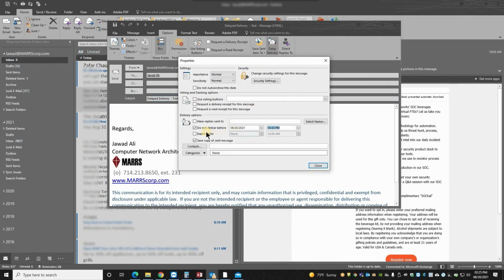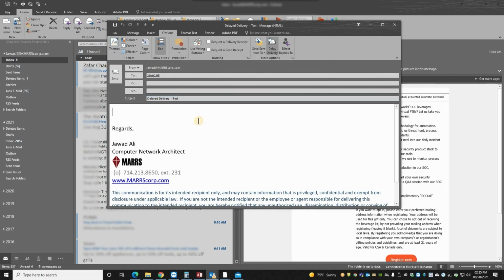Over here, check Do not deliver before, and you can choose the date from here, 2 days, and the time, 6:30 p.m. Then you close it, type in your message, and hit the Send button.